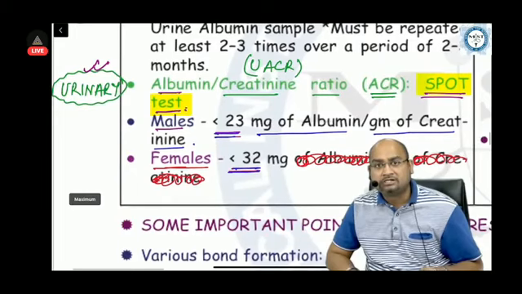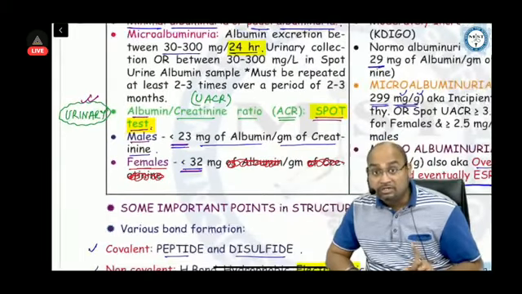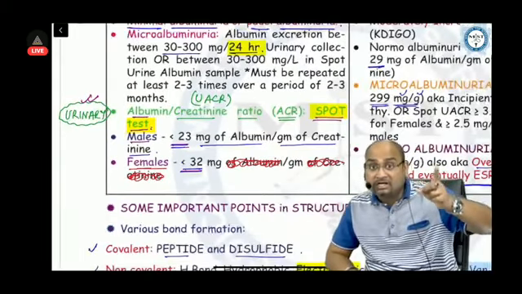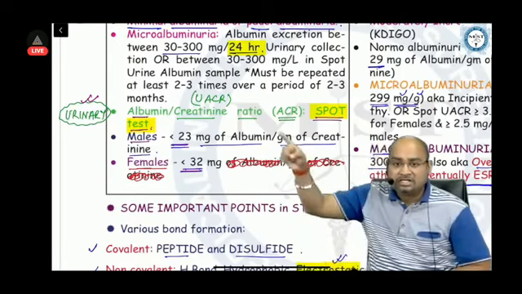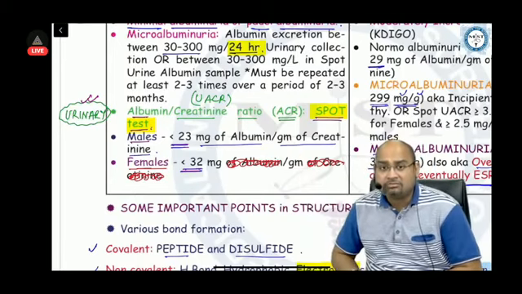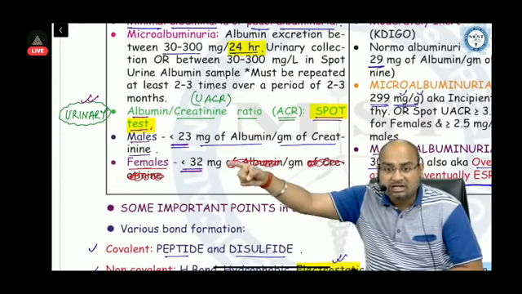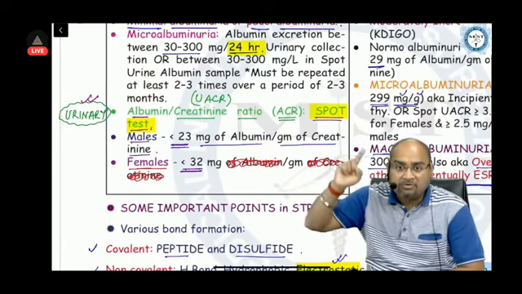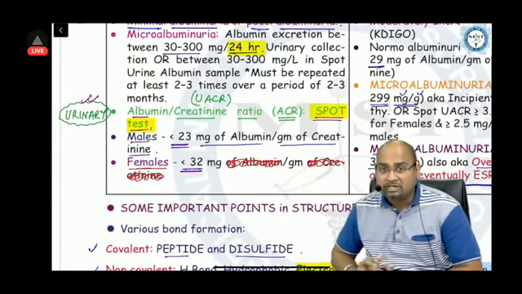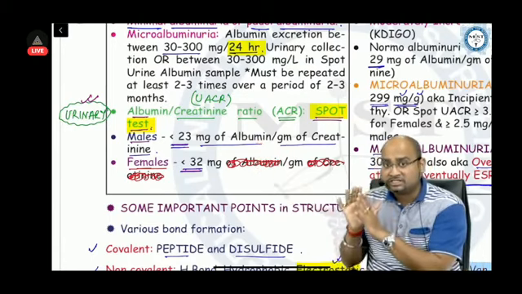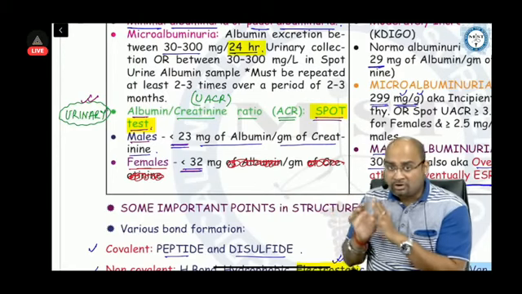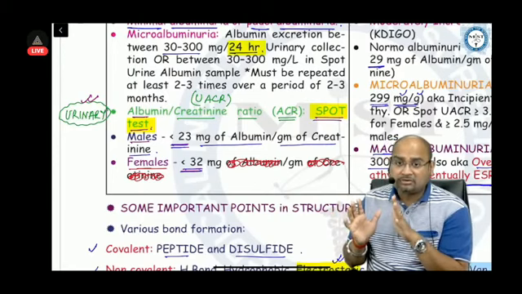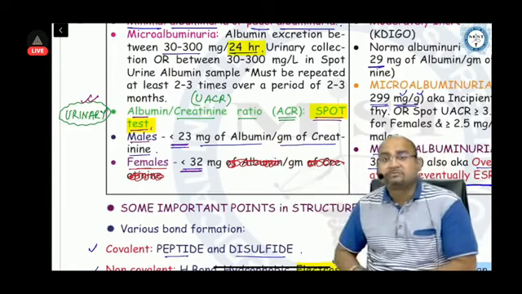Urinary albumin creatinine ratio. Microalbuminuria cannot be detected by the dipstick test, but UACR can detect microalbuminuria. Here we check the ratio of albumin and creatinine. We call it in short milligram per gram: milligram of albumin per gram of creatinine. Creatinine is normally released in the urine, that's why the unit is in gram. Albumin is normally not present in a higher amount, it is only in milligrams, that's why it is